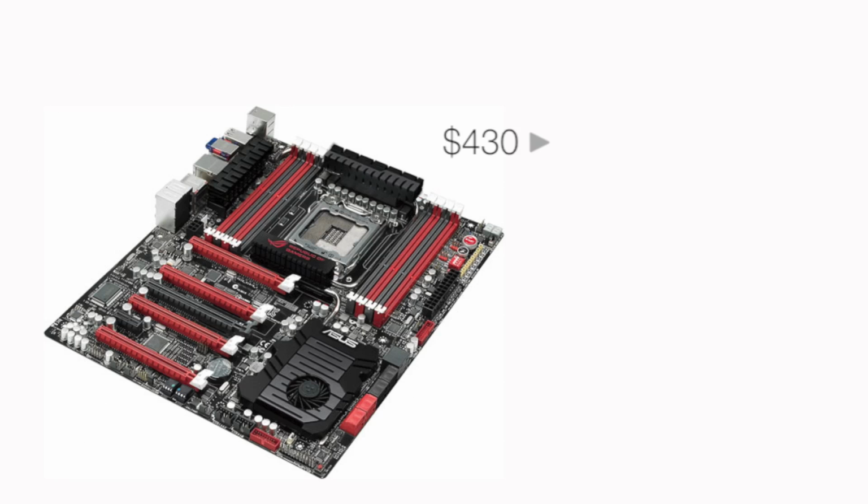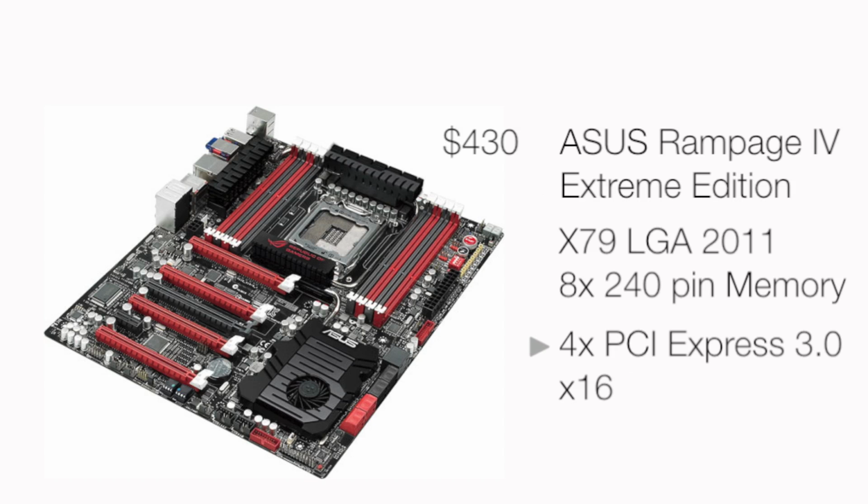SLI. Speaking of motherboard, we're going with the ASUS Rampage 4 Extreme Edition for $430. This has the X79 LGA 2011 platform, obviously to support the processor. It has Quad SLI support on X16 lanes, and it also has 8 240-pin memory slots, which is why we chose this one. The EVGA XL ATX board that supported Quad SLI only had 4 slots, so we needed to